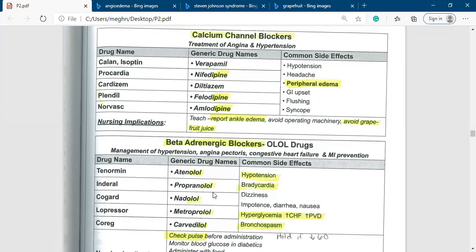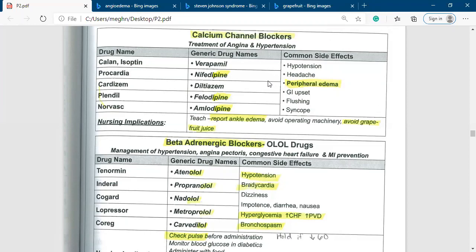Okay, the beta blocker is only used for glaucoma. In case of glaucoma, we especially use timolol. Okay, so as I told you,